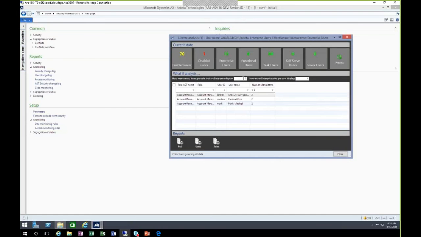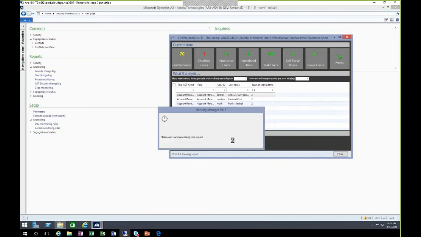We can even perform a quick what-if analysis to determine, at a specific number of enterprise-level menu items and a particular number of enterprise roles per user, a list of users who appear to have overarching CAL level. So this is a way that you can find the low-hanging fruit. If you need a deeper analysis, you can pull up one of our reports.